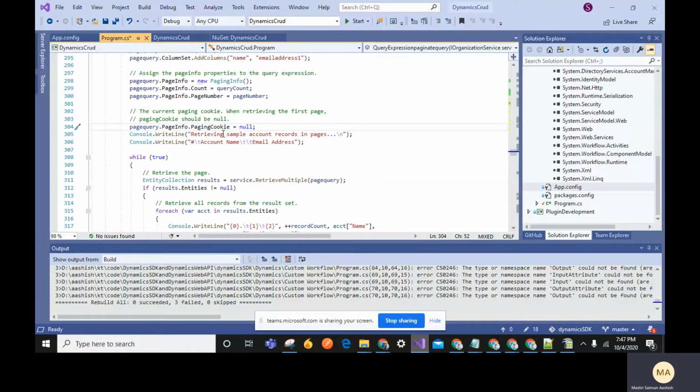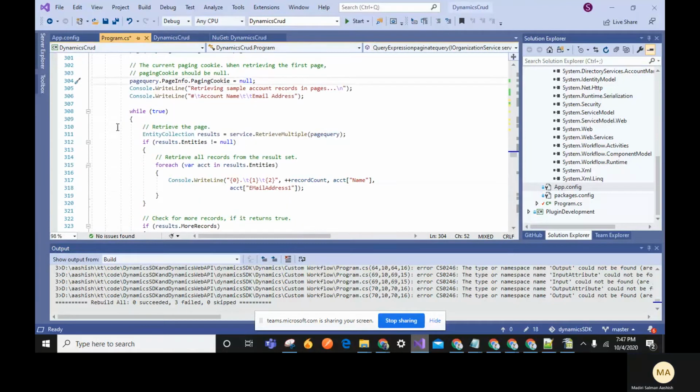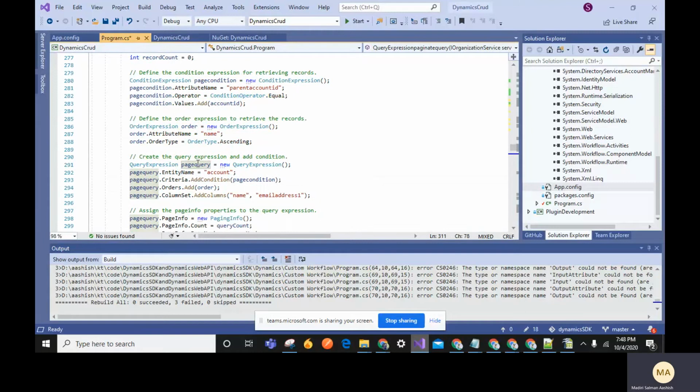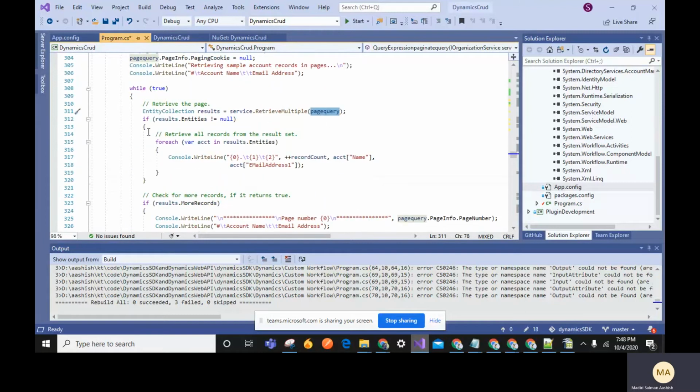So I will show you in code. After that we need to write a while loop. In that we need to write the entity collection, and we are retrieving with the query expression code. We wrote a query expression, right? So we need to give that name, and I'm checking if the results dot entity is not equal to null, so I'm getting the fields.